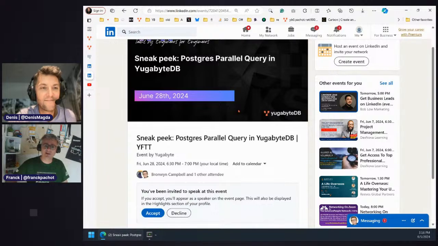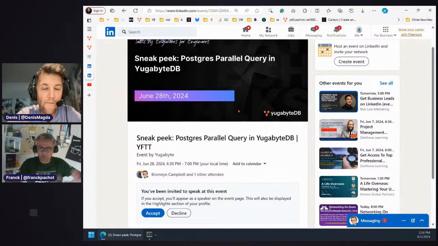So Postgres has a way to run a query with more than one process running the query. So for big queries, splitting the work between multiple workers, and we do the same, and of course optimized for Yugabyte. So that will be really interesting.